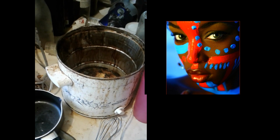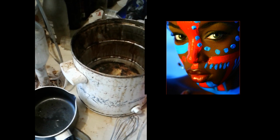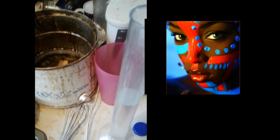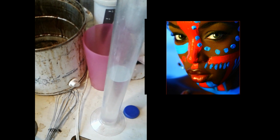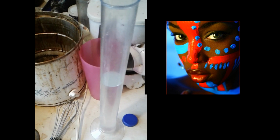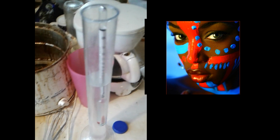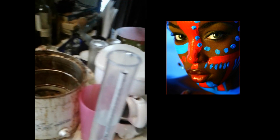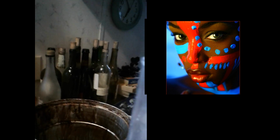This is the first run, first batch, so it's probably going to be kind of weak. Anyway, there's that. Now we're going to put the hydrometer in and see what we got. So we're going to put this in here like so. Let it quit bobbing, and let's see what we got. Okay, we've got...